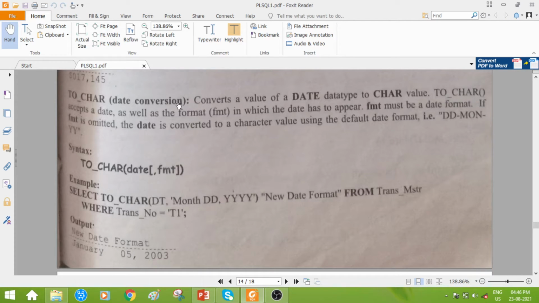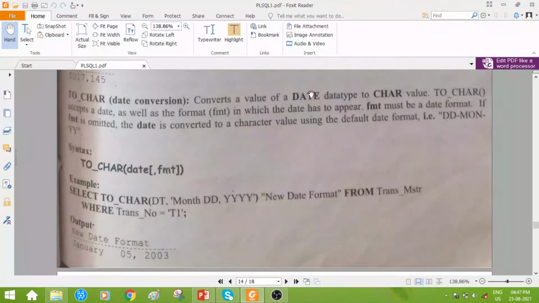TO_CHAR accepts a date as well as a format, so the input is the date data type, as well as the format in which the date has to appear.